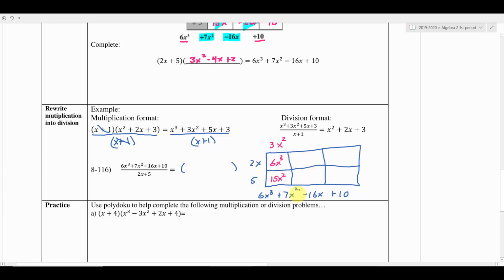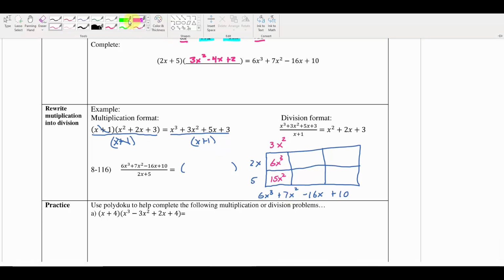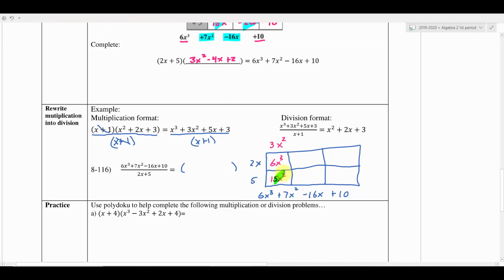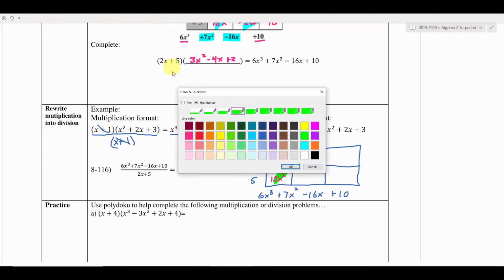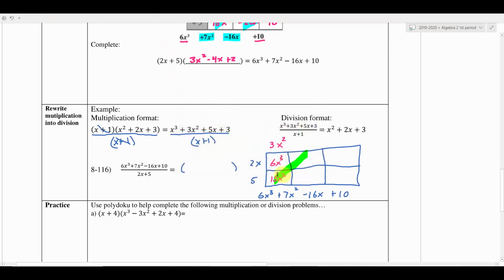Now remember, 7x squared is what we have to add up to. So when I look at this diagonal, let me grab my highlighter here. When I look at this diagonal right here, that's where my x squareds are going to end up. And I know that those two boxes have to add to give me 7x squared. Okay. So if I have 15x squared here, then I know I'm going to need a negative 8x